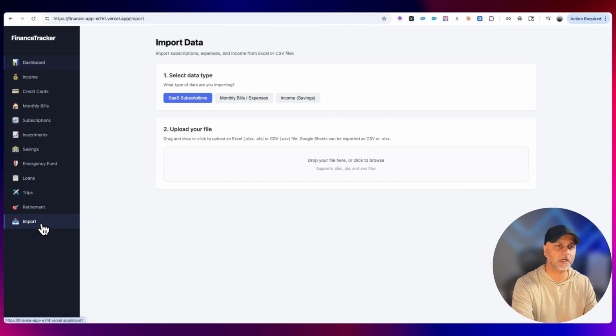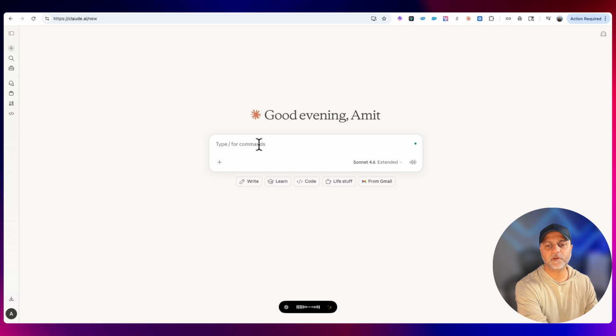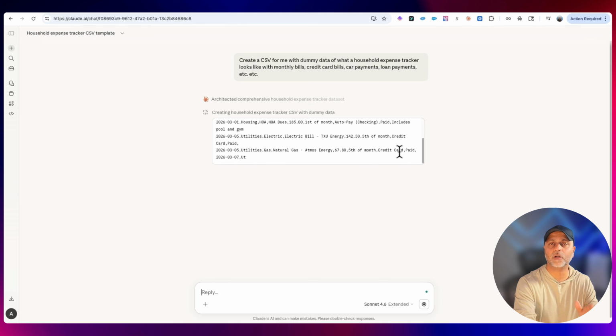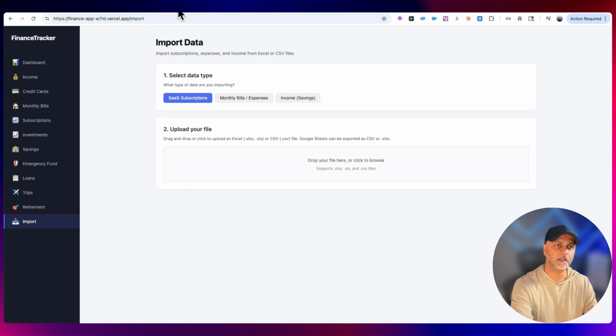Maybe bills got replaced with something else, but I also have the import button here. It says drag and drop, and we should be able to get an import file. So let's go and create that import file in our regular chat app. Create a CSV for me with dummy data of what a household expense tracker looks like with monthly bills, credit card bills, car payments, loan payments, etc., etc. All right, so while we get that dummy data created to test out our import functionality,